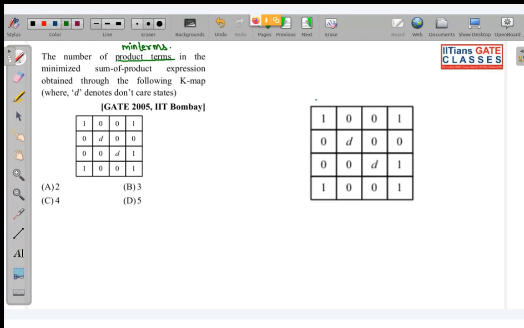One of the groups I can see, I can make of these corner ones a group of 4. One more group I can make, like this. Any other group that I need to make? No. So for this one I will get one minterm, and for this group I will get another minterm, so in total 2. So option A is correct. Why could nobody solve? This is very simple. And if I wanted to write your SOP expression,